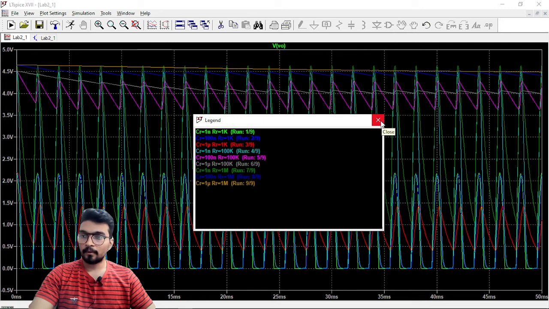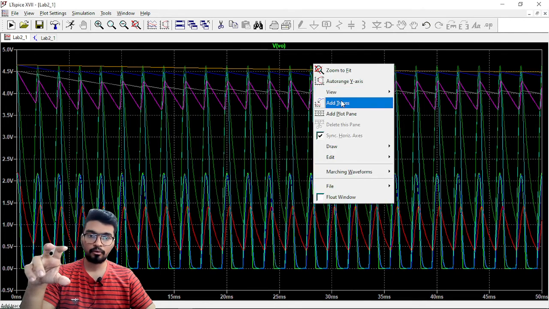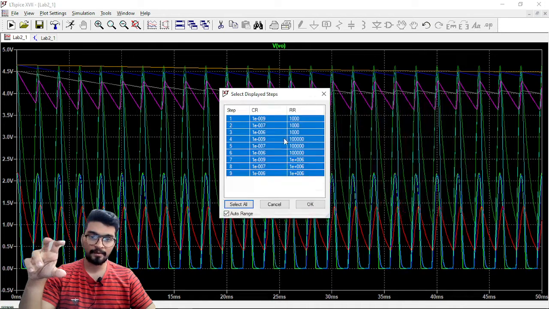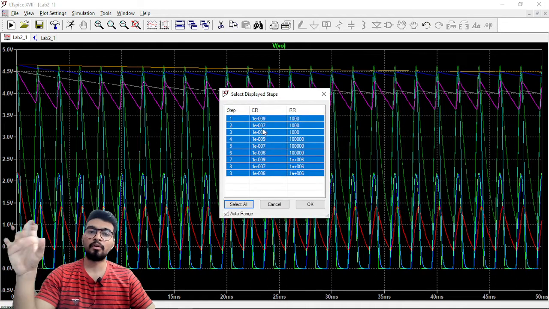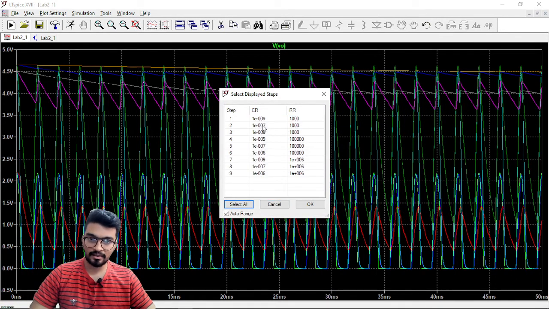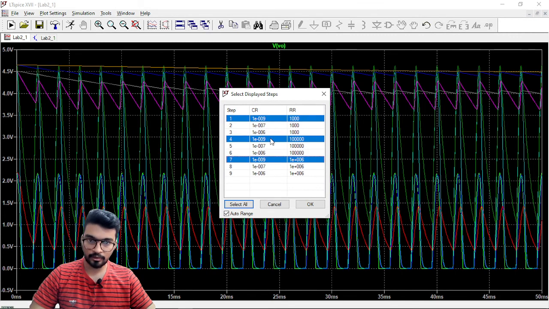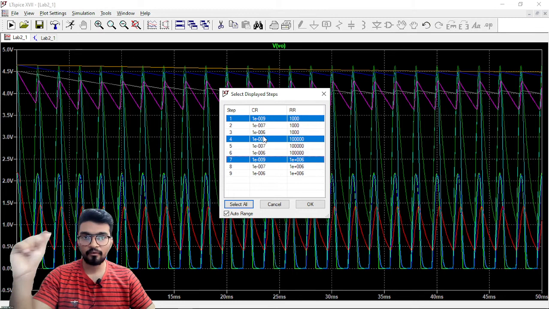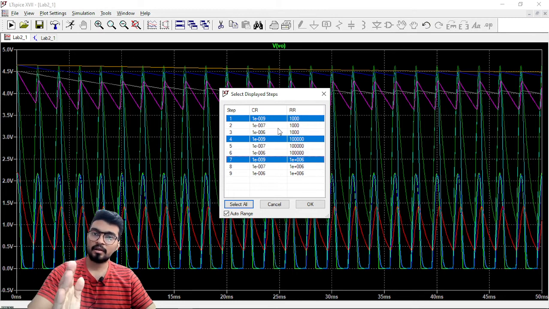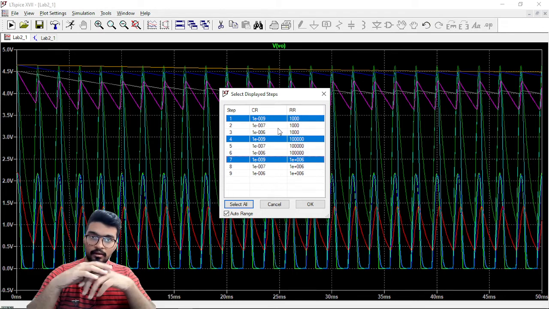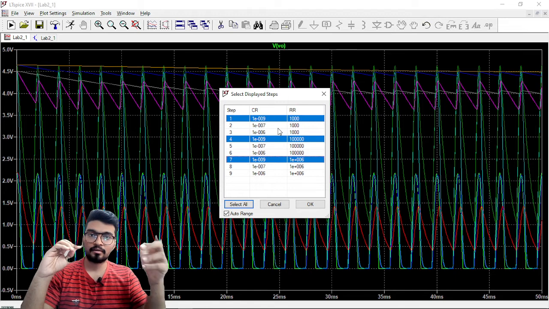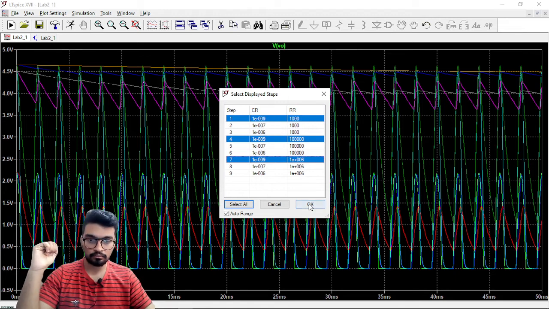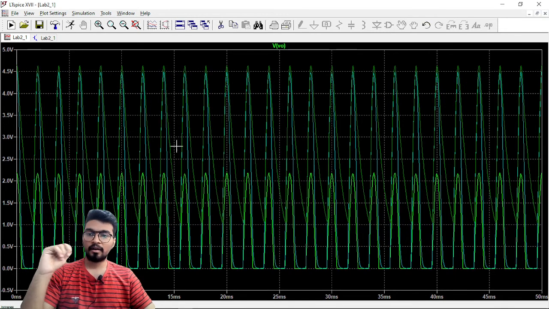So now if you want to see them one by one, you can just click here, go to view and select steps, and you can select which one of them you want to see. So click here, and let's say I want to see this. Press Ctrl and click on these 3. Okay, so you will be able to see, for 1 nanofarad capacitance, what happens to the variation of resistor values, right? So you are getting these 3 values.